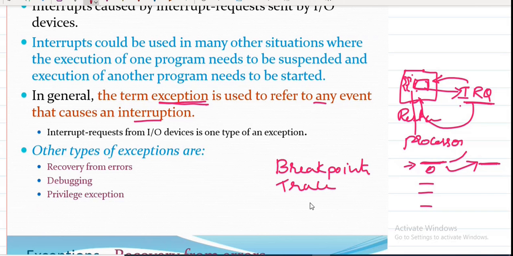Have you used the trace option? If not, try later. Whenever you have a loop and you are not getting the correct output, you can use these two options to debug your program. If you are not getting correct output in a particular part of the program, just go for breakpoints. That means you can run only those set of lines.